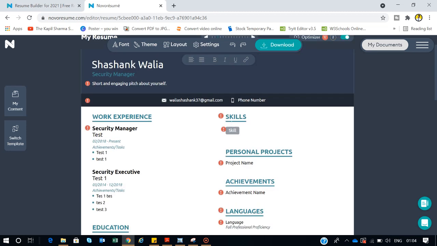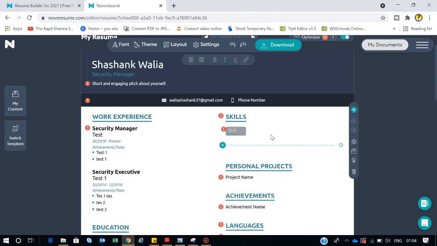And then there comes the skill section. So click on the skill, then add, and make sure that you are adding skills, both soft skills and your hard skills. Soft skills are those which are not quantifiable. For example, my communication skills, my analytical skills, right? My negotiation skills. You cannot quantify them, but you have those skills.